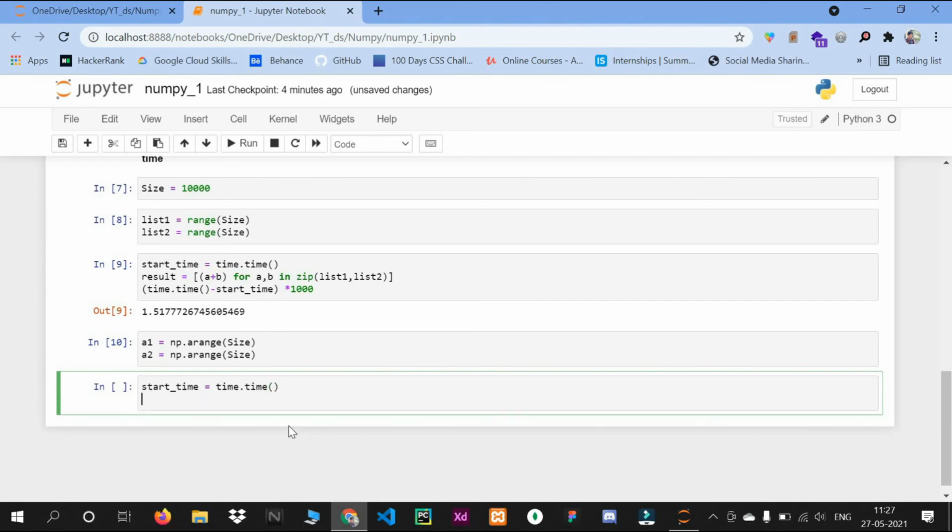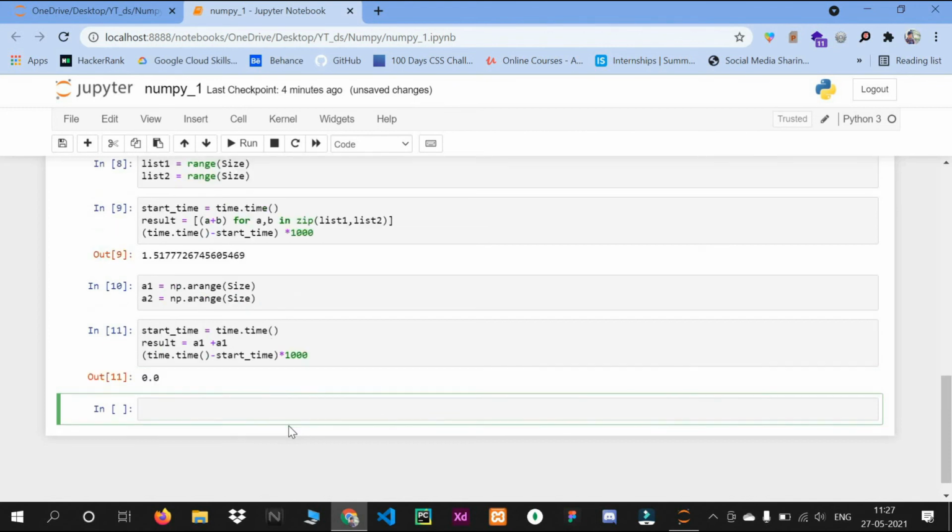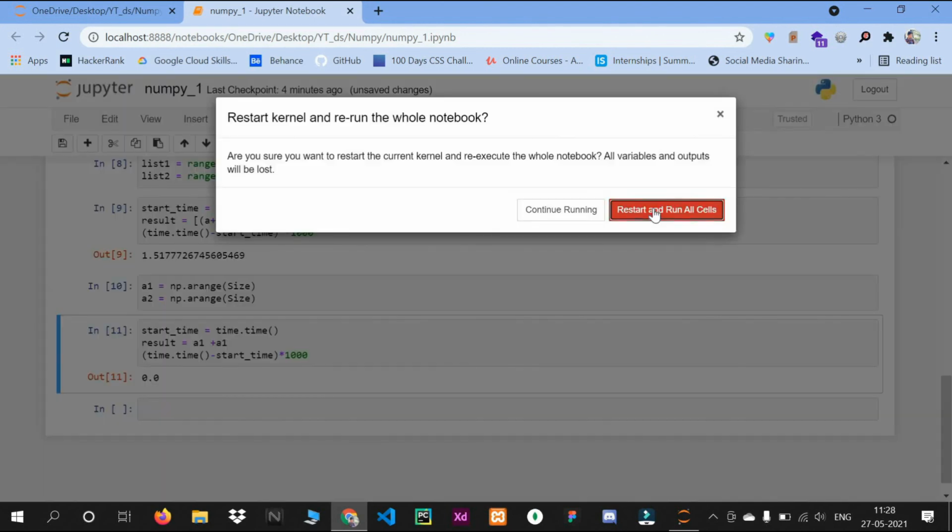Then I will take result, and I will just add these two, a1 plus a2, and then again we will check the time of this execution, time minus starting time, multiplied by 1000. Okay, we'll run this.